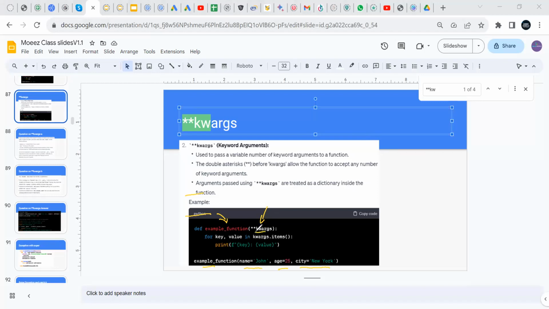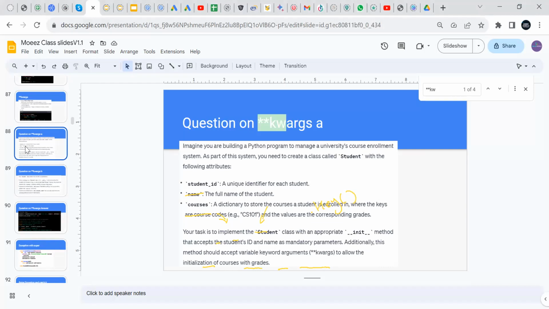So it's just like a regular dictionary then? Yes, exactly. It has a key and a value, and we need to call dot items on it to be able to get the keys and values. If we want to only get the keys, we just use dot keys, and that's it. Okay, it makes sense.